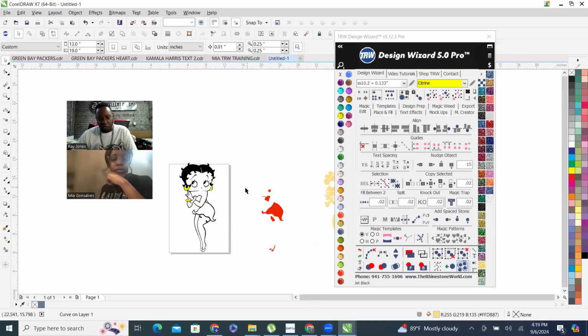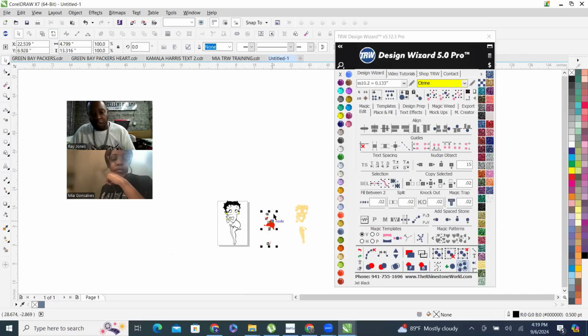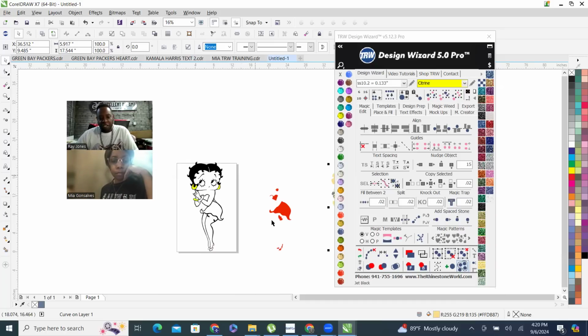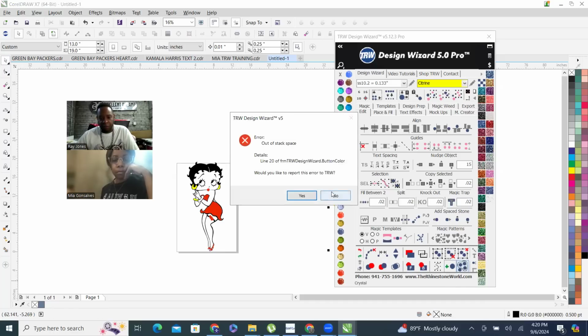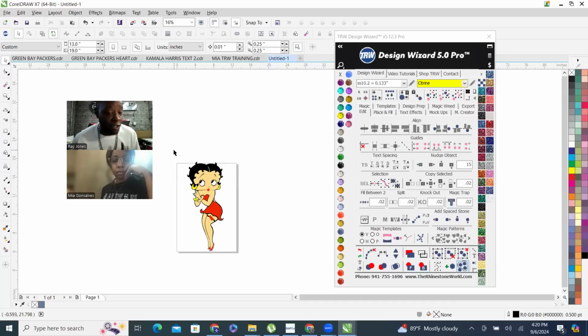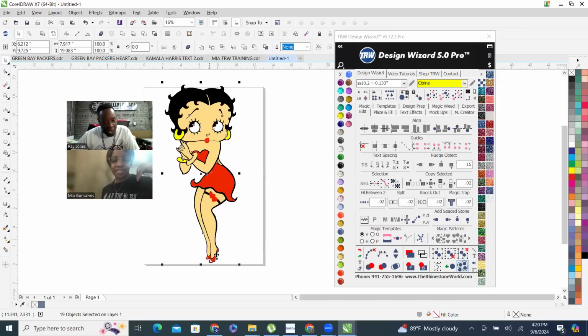So that's one cut. That's one vinyl cut. And this is another vinyl cut, and then you'd probably cut out yellow for the earrings and black for the outline. So if you're cutting it out in vinyl, it's ready to go. But we're going to put rhinestones on her dress. We're going to put rhinestones on her earrings, and